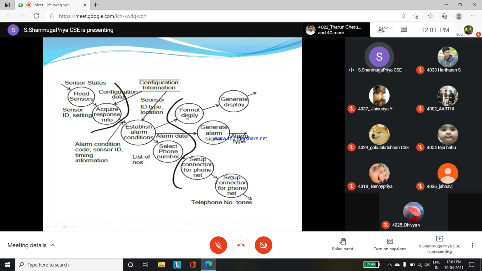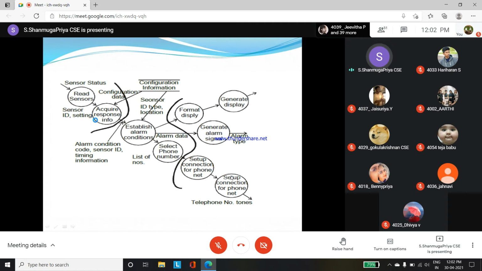So overall, we are telling this one bubble, then one circle, as one action. Okay, we can combine two or three circles and segregate them as one module. Taking the sensor as an example, from the sensor we can do this much of activities. So this much of activities we can do for each and every part.